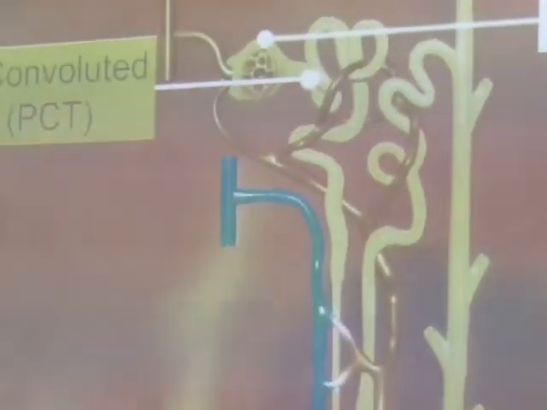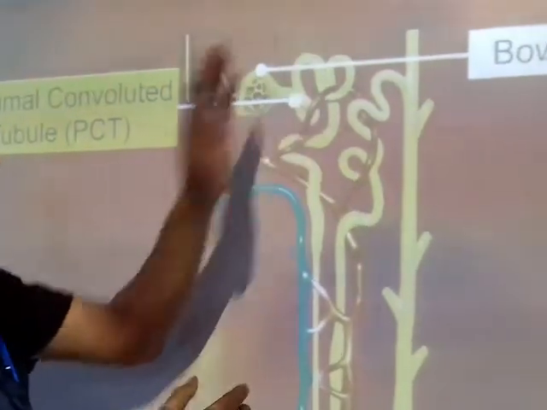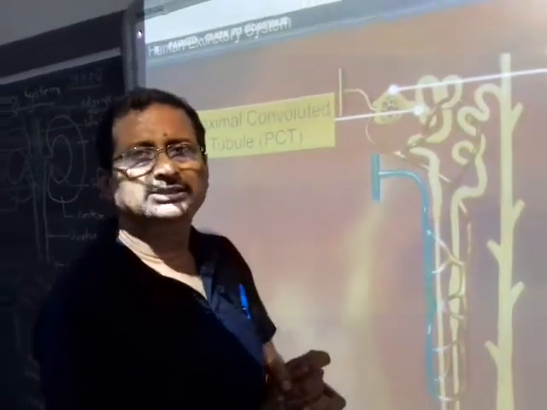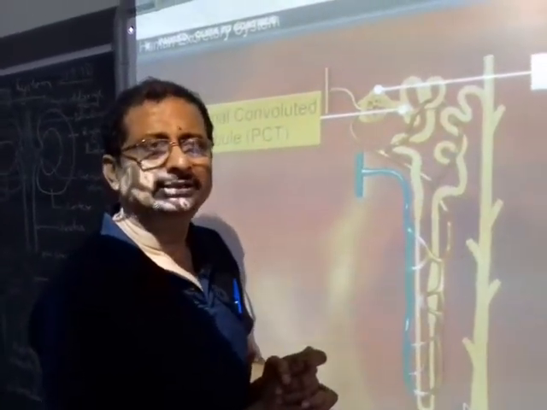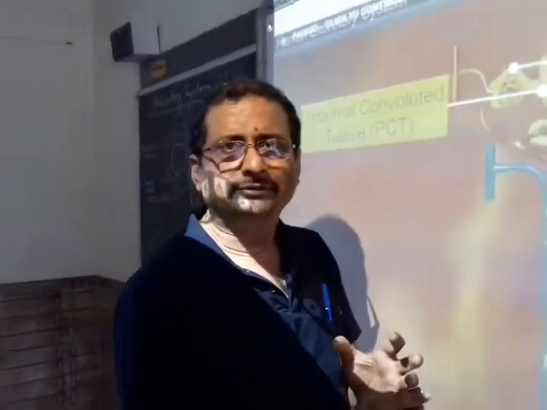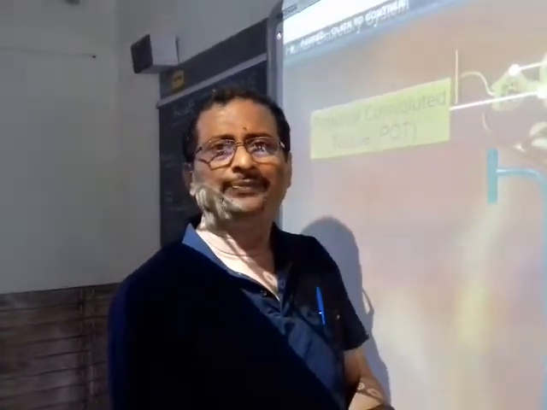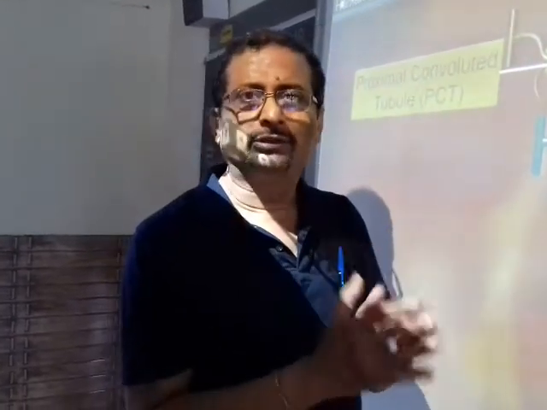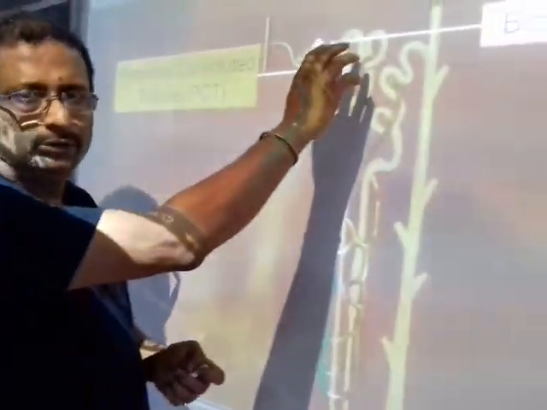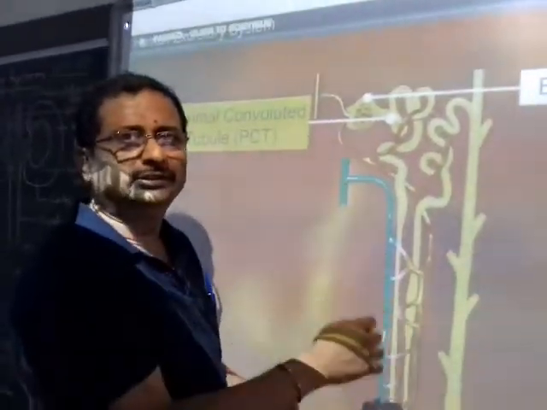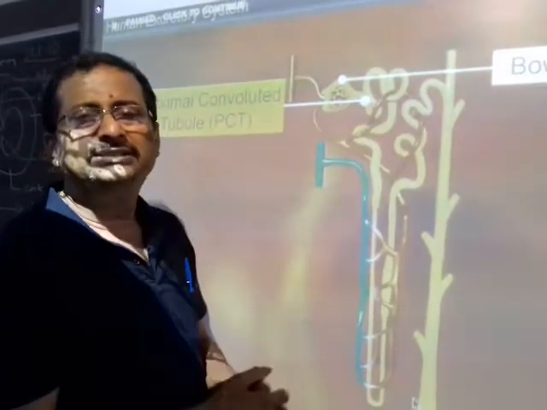This glomerular filtrate, in the PCT area, the proximal convoluted tubule area, contains toxic material as well as many good materials. Now what are the good materials? Like glucose, like amino acid, like water, like various types of salts. Now the body cannot afford to lose the amino acid, neither can it afford to lose glucose. So what happens, even water also. Most of the total amount of amino acid, the total amount of glucose, and 70% of the water is reabsorbed in the PCT area.